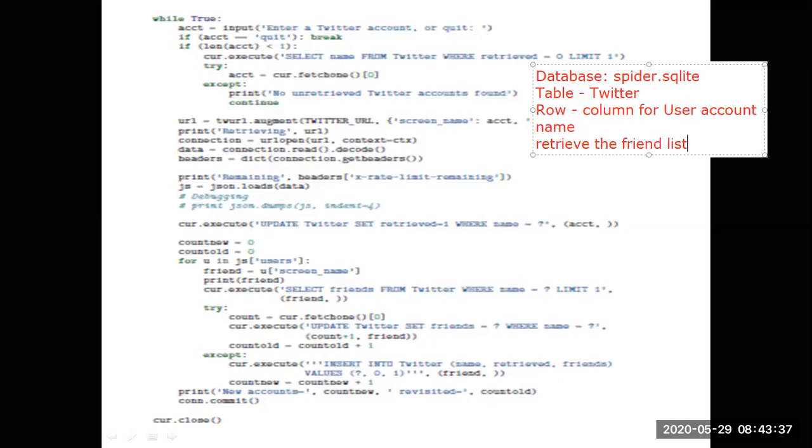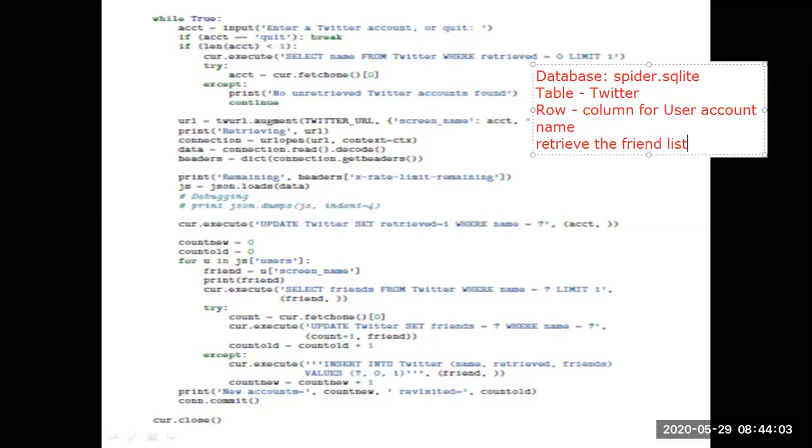If you just have a glance at this program in your textbook, it is an example program. Just have a glance over it so that you can understand in a better manner. Once I create the database table, I will be prompting the user to enter the user account name.